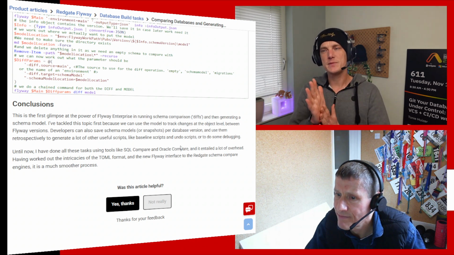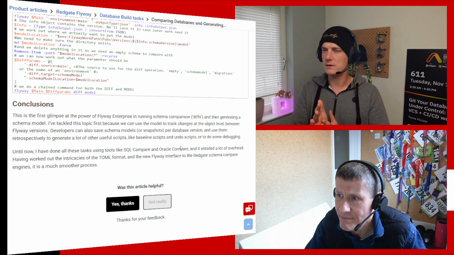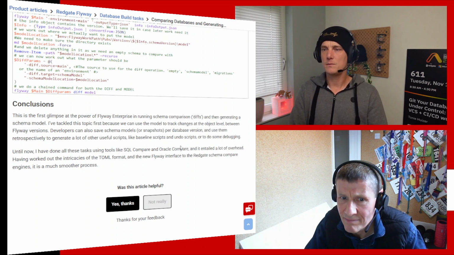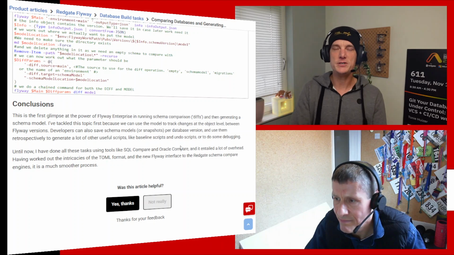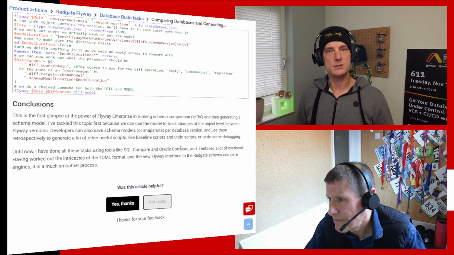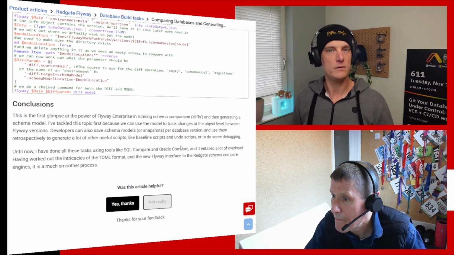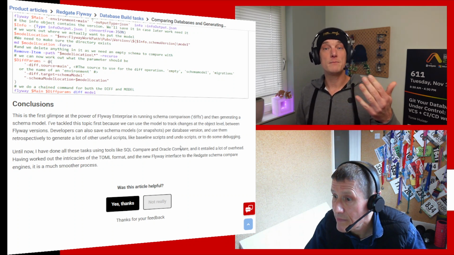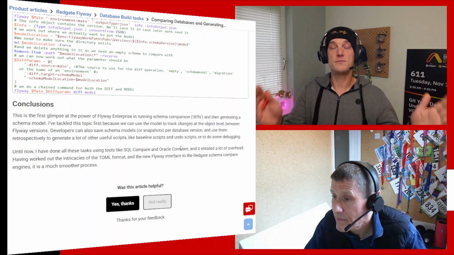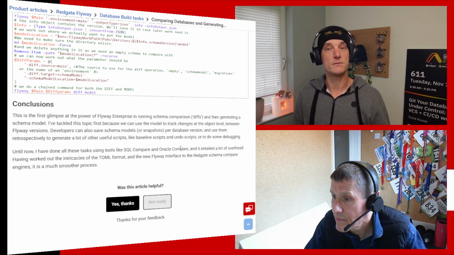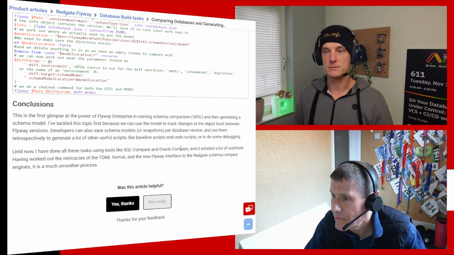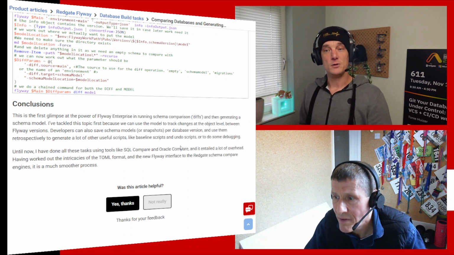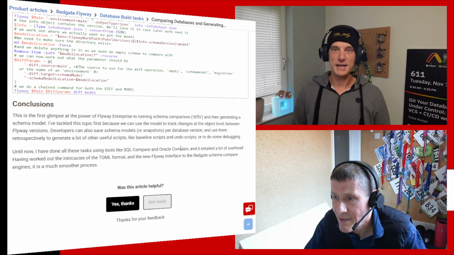Interesting. And I recently read an article on the Redgate blog where they link back to the documentation of Flyway. And there are also some examples of an automated workflow with this CLI. I don't know if you've seen those, but they're also interesting. For example, generating migration files automatically in your Flyway Desktop workflow. Yes, it's interesting to look at that as well. But this article was only about the differences, and there will be more.